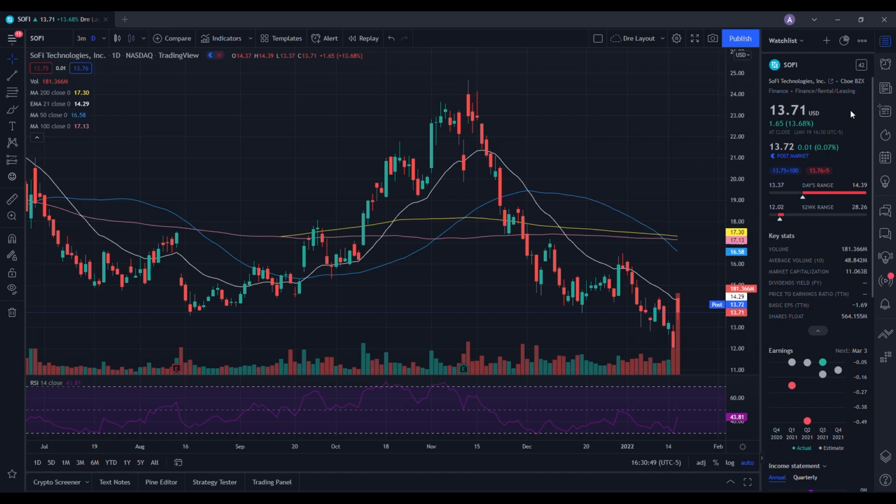So we're going to do a technical analysis for SOFI. Let's see how it performed on the day. So it ended up closing at $13.71, being up 13.68%. On the low, it tested $13.37, and then on the high, testing $14.39. When we take a look at the volume stats on the day, you can see we traded at